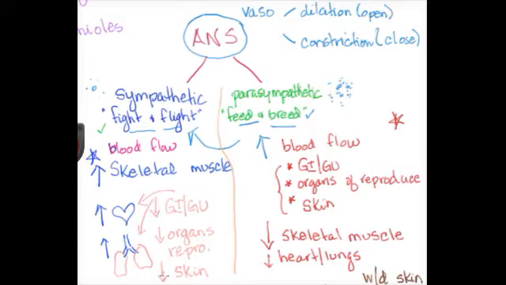People in this sympathetic side tend to have pale, cool, and moist skin, because the blood supply is being taken from the skin and given to the skeletal muscle, taken from the skin and fed to the lungs and the heart, taken from the GI system and given to the skeletal muscle, heart, and lungs. So this is why our mothers tell us not to go swimming after we've just had a meal,